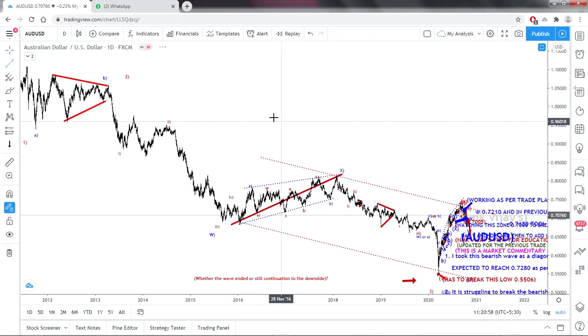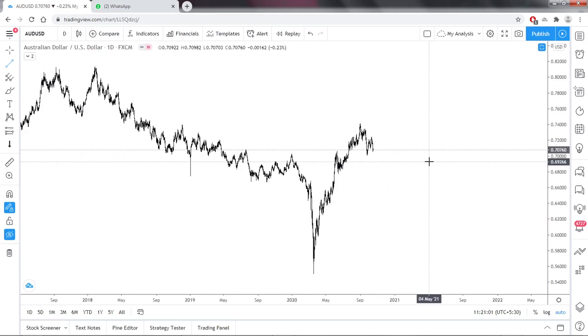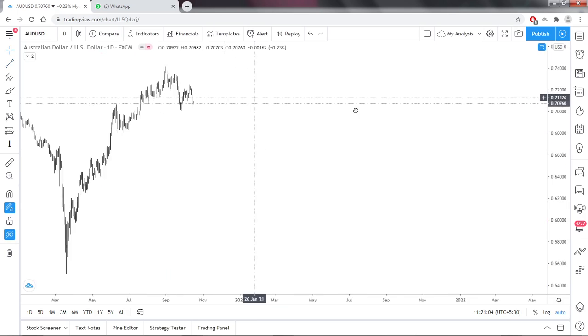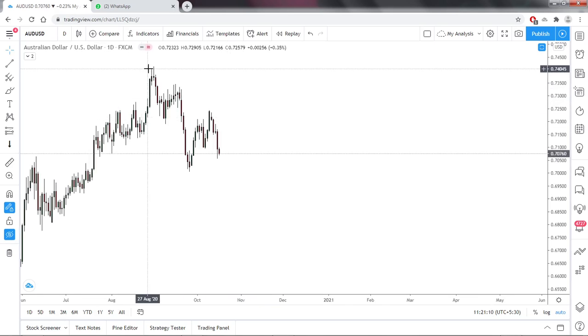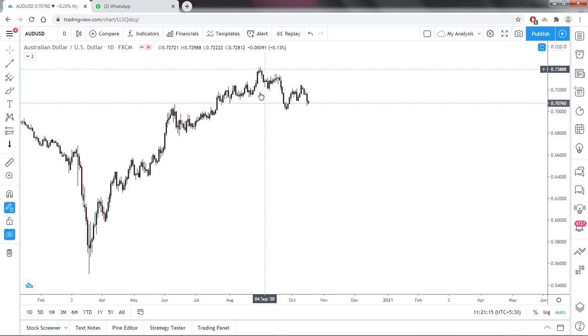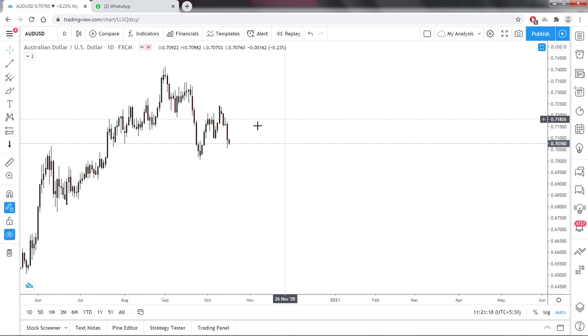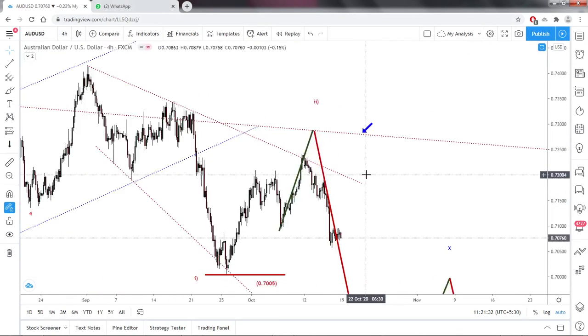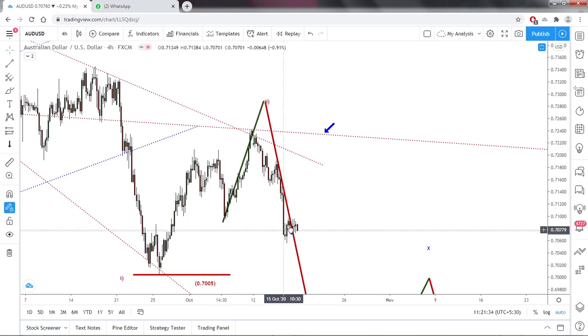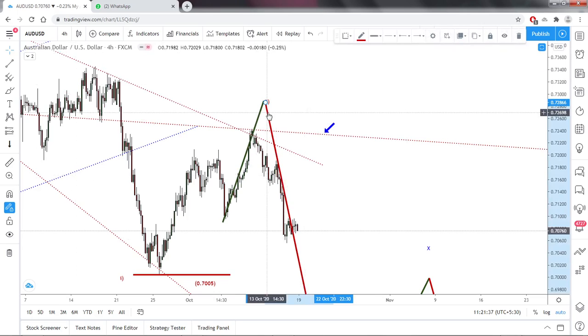Australian dollar is also expecting the same thing, and it is coming down aggressively. So here also same, what I said in the Euro USD also. See, this is in the daily chart. A, B, C is over, and I took this as a 1. ABC is a 1, and again here it's 1, ABC is over. So this I have taken as a 2. I will show you. This is a 2, and now in the 4 hours it's looking like 1, 2, 3, and the 4th wave. One second, I will delete this drawing.